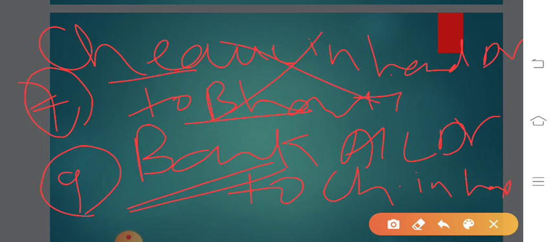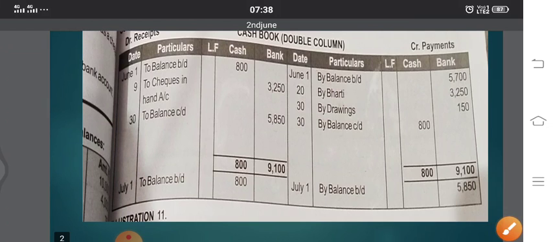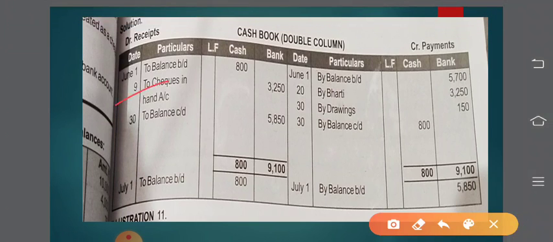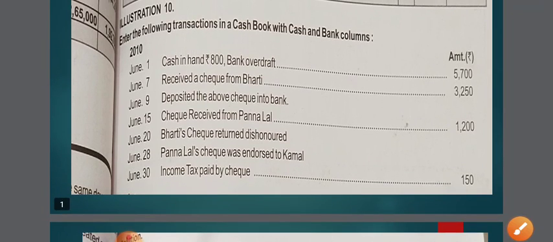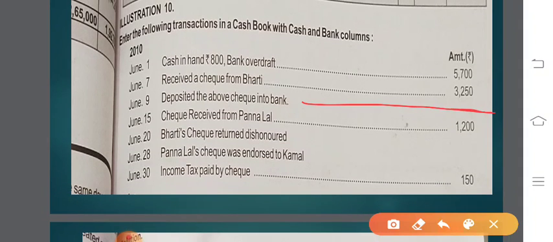Since bank got debited on 9th June, we'll go to 9th June and write in the debit column. Since bank was debited on 9th June, we have written here on 9th June, but bank was debited with check in hand. So to check in hand account, the amount, although here you can see that amount is not given on 9th of June, it is understood that the check that is received from Bharti was amounting to 3250 and same amount is deposited into bank and hence bank will be debited with